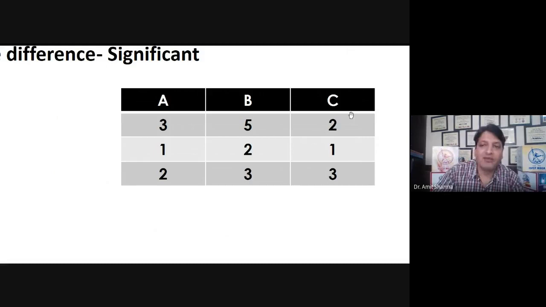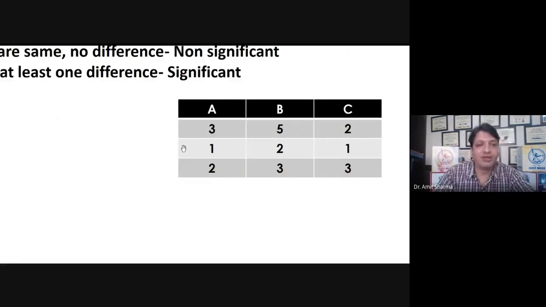For example, if you are a pharmacology person, you can assume that these are 3 different drugs. If you are from a pharmaceutics background, you can assume that these are 3 different formulations, and these are the readings of disintegration time, or minutes, RPM, viscosity, or whatever. A pharmacology person can take these as the death times of the animals if they want to evaluate the drug. So we have three different groups, and each group has three readings. By taking this example, I'm going to do the ANOVA test.